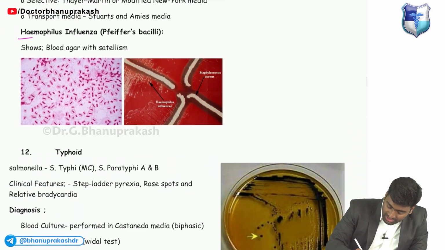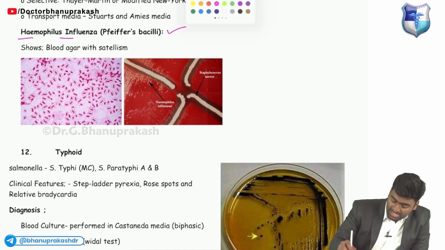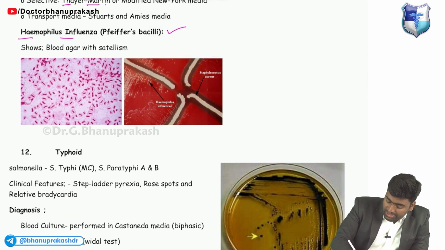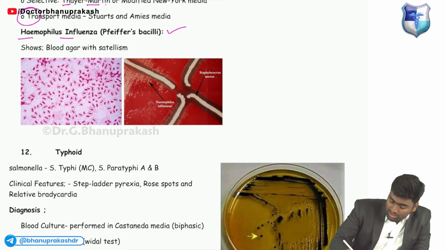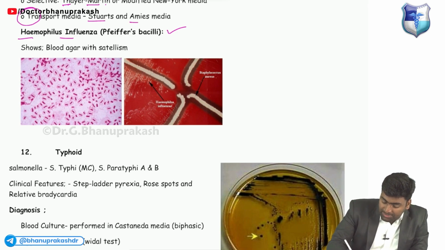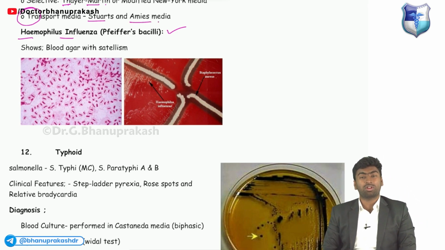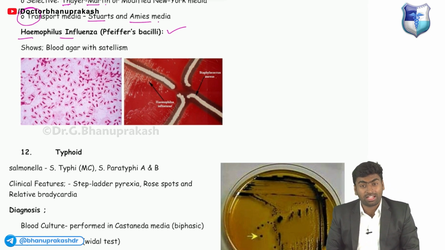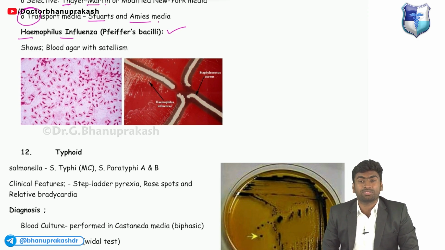Next, it is Haemophilus influenzae. As I told you, for Neisseria they use Thayer-Martin media, and the transport media is Stuart's media and Amies media. So Stuart's media and Amies media as a transport media you will use for Neisseria gonorrhoeae. Where will you use Pike's media as a transport media? We will use it in the case of